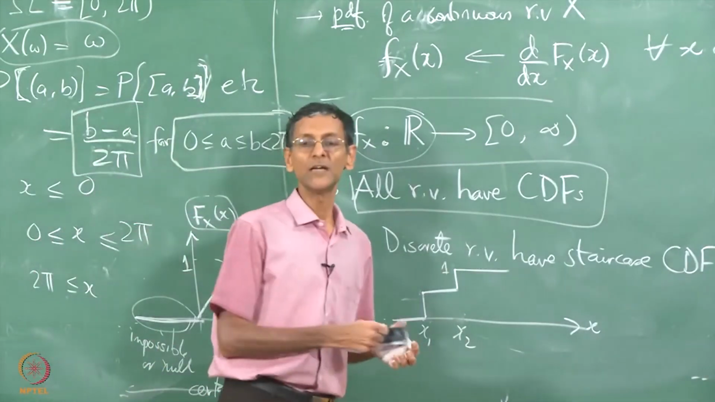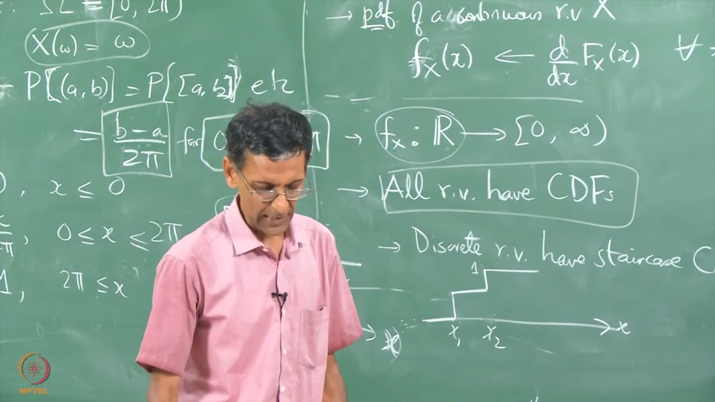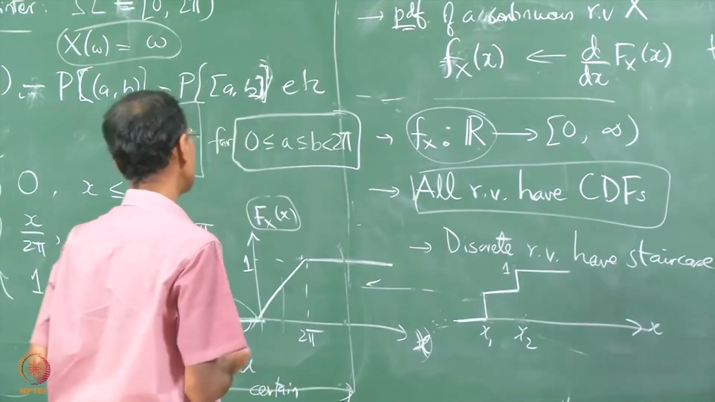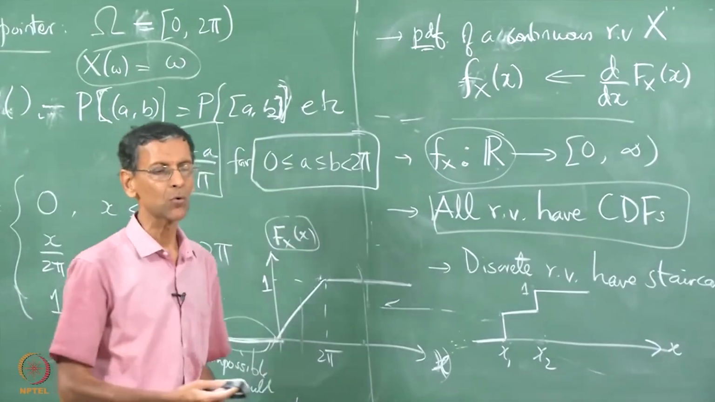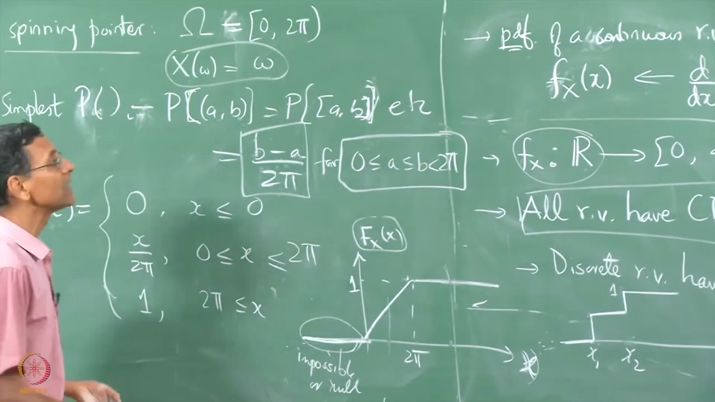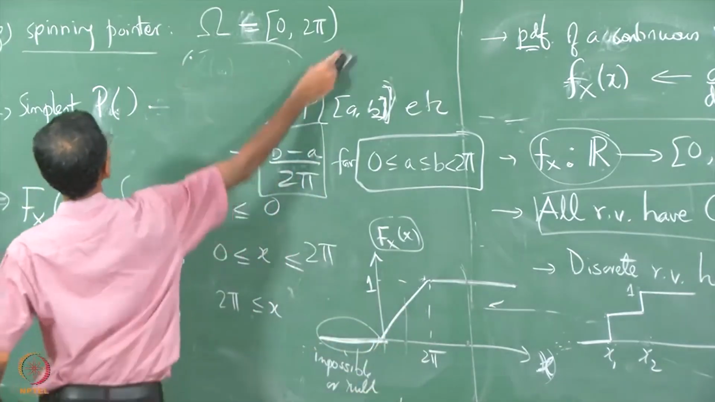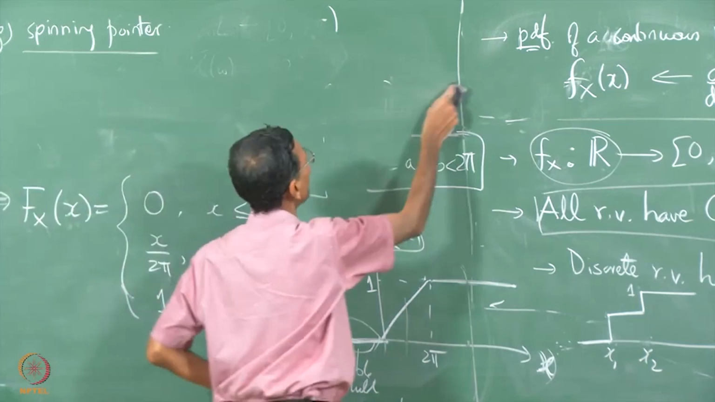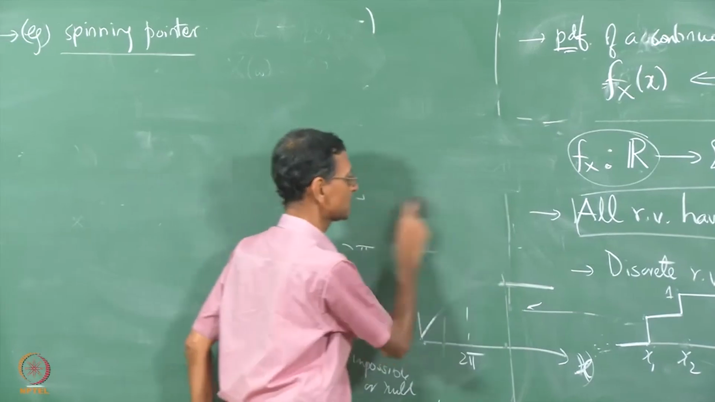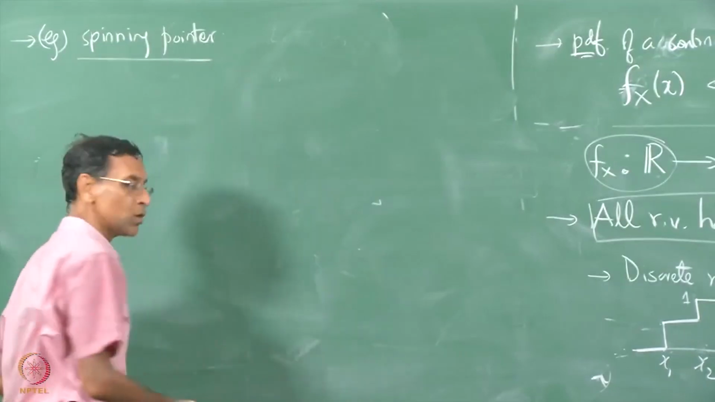Okay, I think we have said enough things today. One last point before closing is that just because you have a continuous space, you need not necessarily always define a continuous random variable. You can also define a discrete random variable by the process of quantization. Let me end this lecture with an example of how to define a discrete random variable on a continuous space. So if I go back to the spinning pointer,